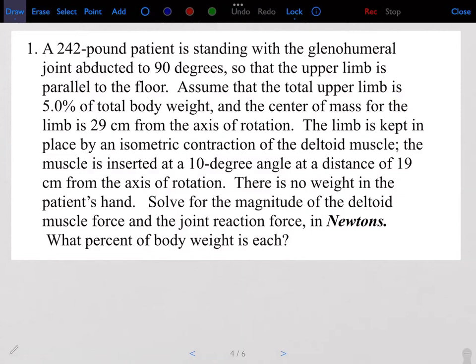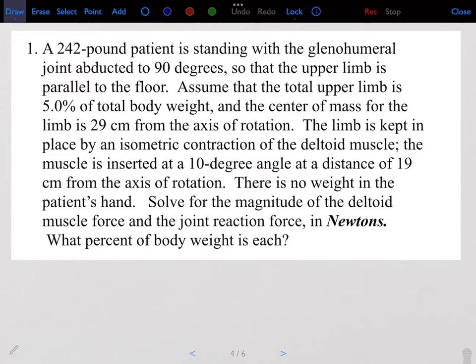And we want to solve for the magnitude of the deltoid muscle force and also the joint reaction force at the shoulder joint, in newtons. And then ultimately we want to give the percent of body weight of each of those forces, the muscle force and then the joint reaction force. Okay, so the way I would start this is let's start by computing